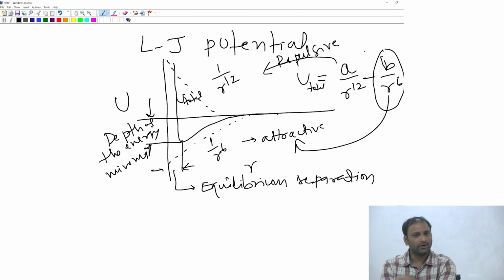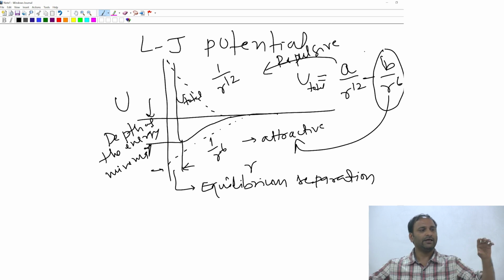Now if I look at this plot, can I say something about the range of interactions? Can I say something about long range interactions and short range interactions? Which one of them is long range and which is short range in this case? What I mean by long range and short range is, say that I have two atoms or molecules, I've held them apart, say that I start bringing them close enough, okay. Now if the distance between the atoms or molecules is very, very large,